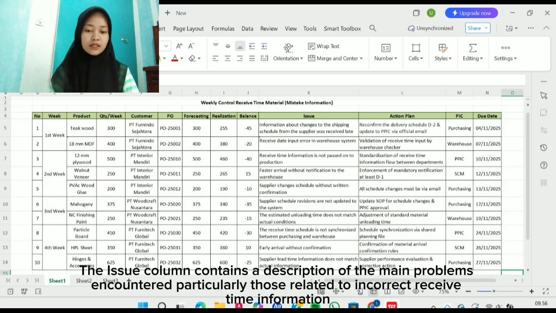The issue column contains a description of the main problem encountered, particularly those related to incoming material information.